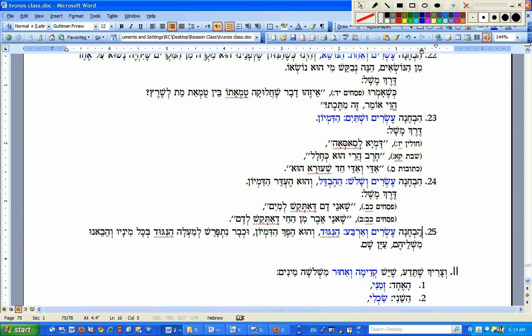And the last one is called the opposite. That's twenty-five. That's called the nigud, the opposite. V'hu hefech hadimyon. It's the opposite of a comparison. In other words, the things are not similar. Not only are they not similar, but they are totally opposite. The affirmation of one is the denial of the other one. Okay, so we said the affirmation of day is the denial of night. The affirmation of cold is the denial of hot.